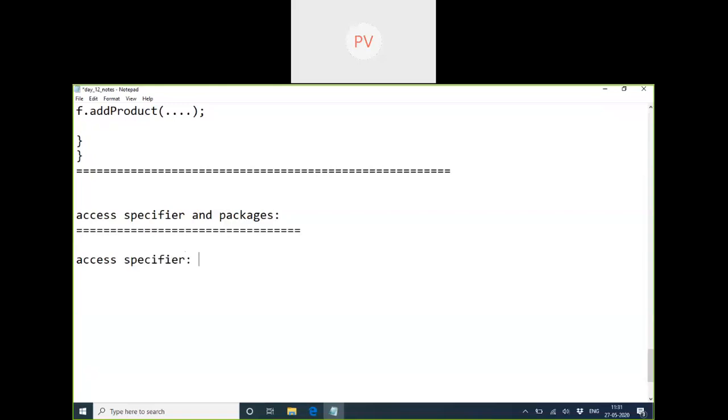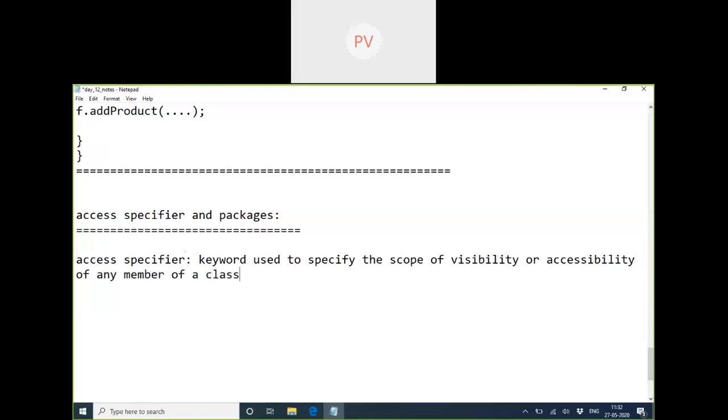These are special keywords used to specify the scope of visibility or accessibility of any member of a class, that means both data or methods, anything which is inside a class, by others.